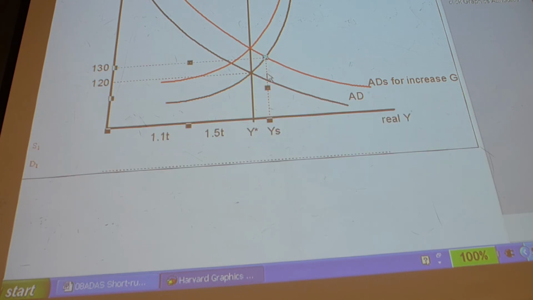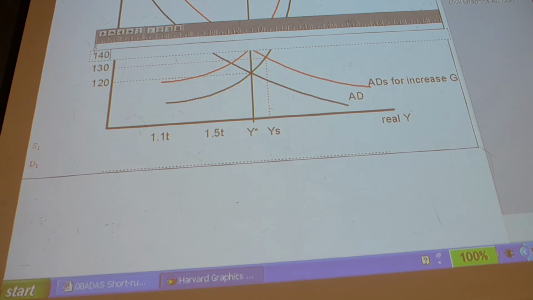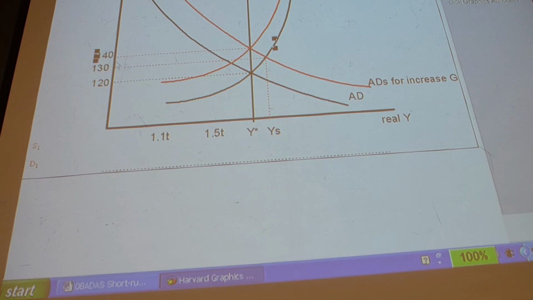And notice where we end up. We end up with no increase in output. Of course we don't. How could we? Ultimately, we're already at full employment. Temporarily, we had an increase in output and some inflation. But in the long run, when all prices adjust, we have no increase in output because now workers are demanding more. When I hired those workers temporarily, they want higher wages. They want overtime. And I can't sustain that. Now things are more expensive for me, and so I end up not wanting to hire them anymore, right?